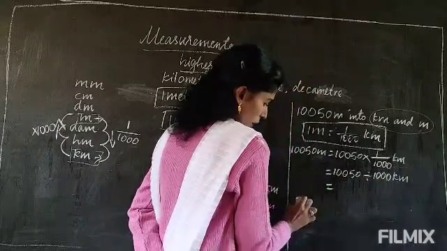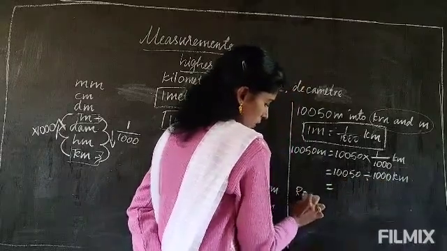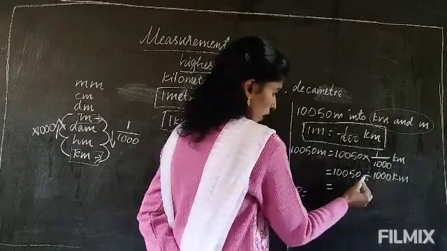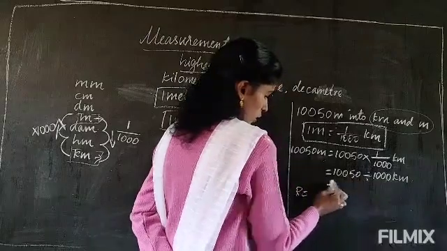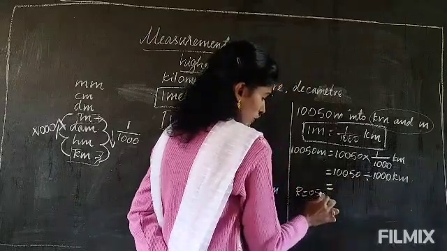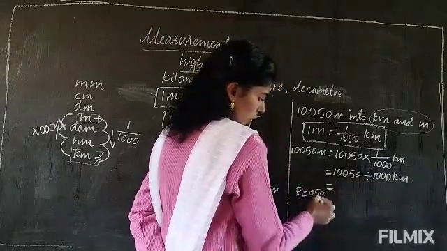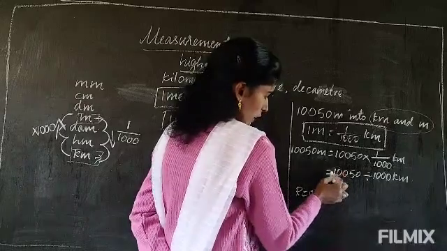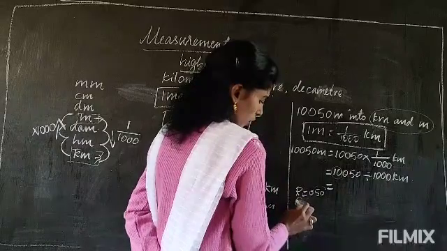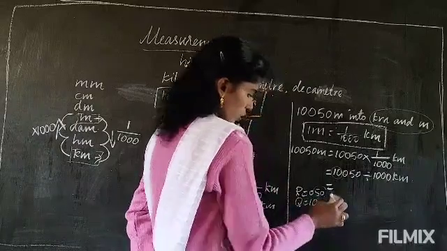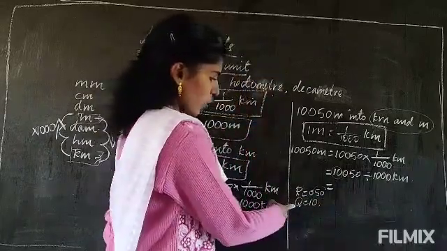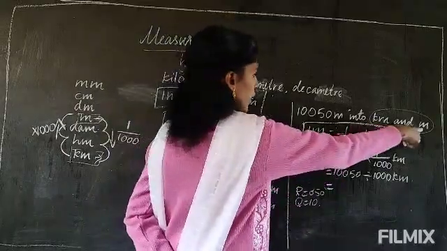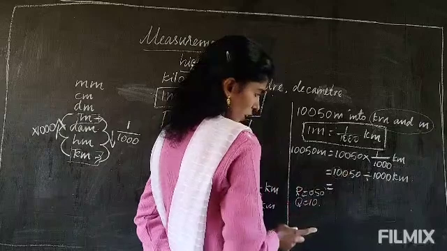This is rough only, I am showing you how to do. So 3 zeros, the last 3 digits 1, 2, 3. So the remainder is 0, 5, 0. This 0 I can leave, only 50 is the remainder. And what is remaining? 10 is there, so 10 will be the quotient. Already I told, quotient is the kilometer and the remainder will be the meter. So that way you can write it.